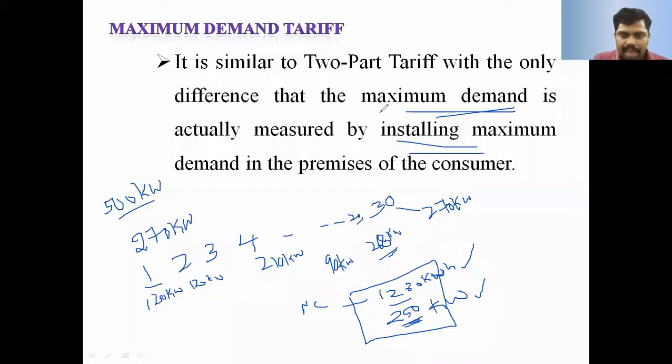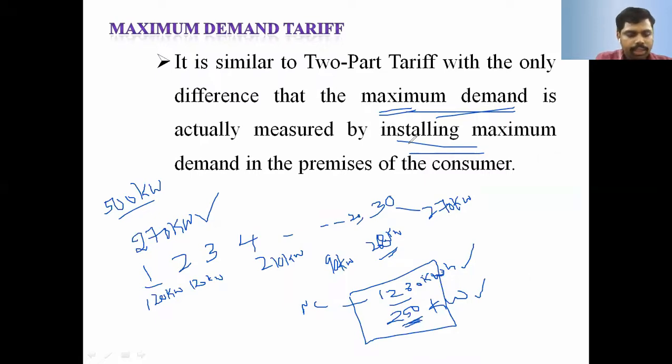That is, the maximum demand meter clearly indicates how much we consumed. We need to pay that much amount. In the previous case, the two-part tariff, however much maximum demand we connected, we needed to pay that cost. But here we connected a maximum demand of 500 kilowatt, even though we utilized only 270 kilowatt in the particular month. We pay only for the 270 kilowatt maximum demand, plus the number of units utilized.